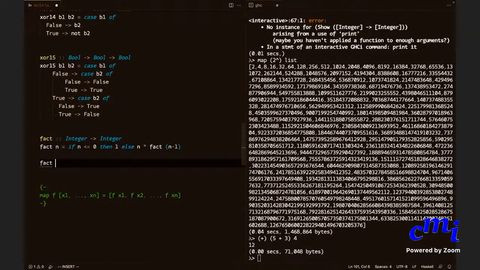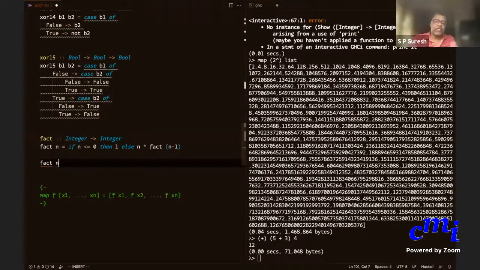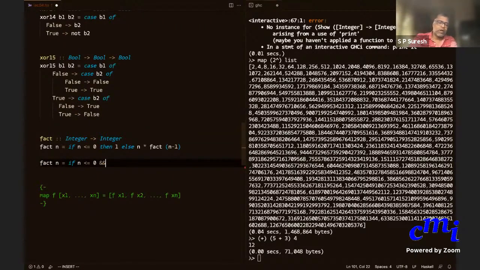Soham Chatterjee. So I can say factorial n if n is less than 0 and name is equal to Soham, then do 1, else do something. Yeah, I can do things like this.